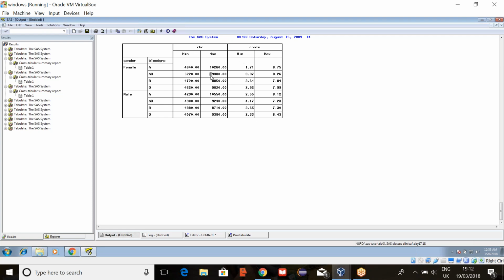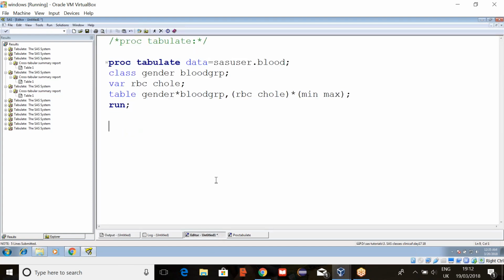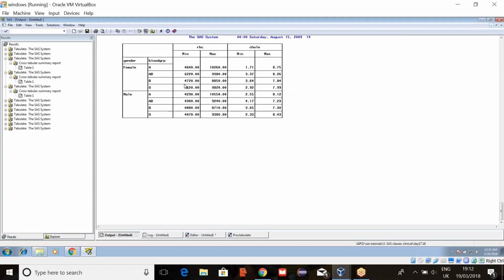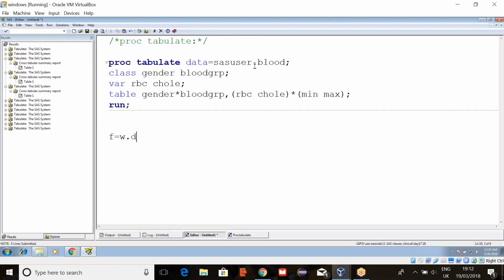And we can control the decimals here. So do you remember? Format equals to W dot D, with width and then decimals. Okay. If you want to use the same thing commonly for all the values, you can write here format equals to, suppose you want to mention some 6.0 or some number. So directly if you mention here, it will be applicable for all.